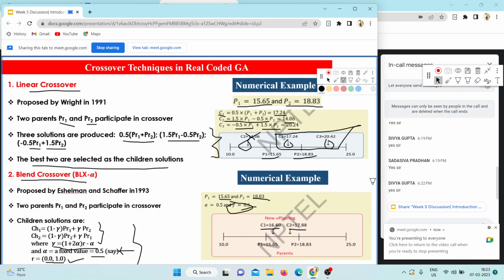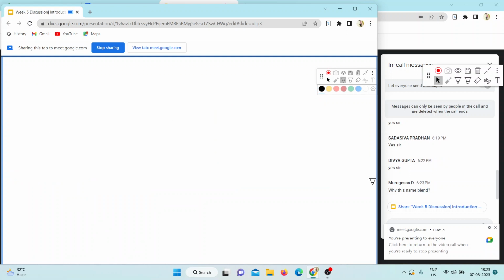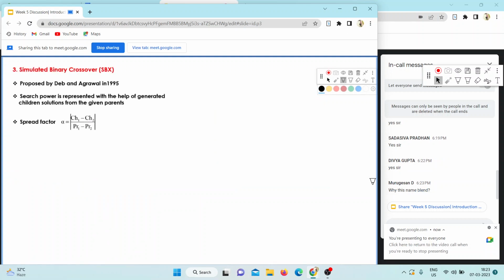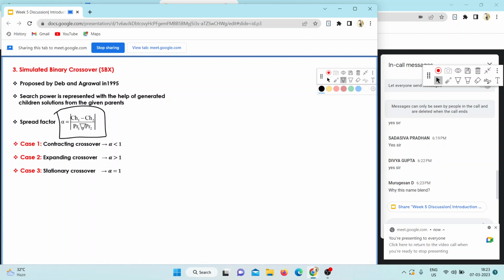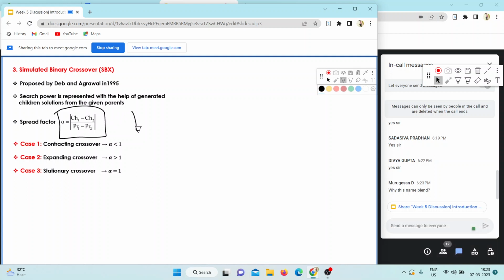So we are done with two crossovers, linear crossover and blend crossover. Now we have the third type of crossover, called simulated binary crossover. In simulated binary crossover we find a factor called the spread factor, and this spread factor alpha equals children 1 minus children 2 divided by parent 1 minus parent 2. The spread factor tells what kind of crossover it is. Generally there are three types: contracting crossover, expanding crossover, and stationary crossover. So let your parent solutions lie between, this is your P1,